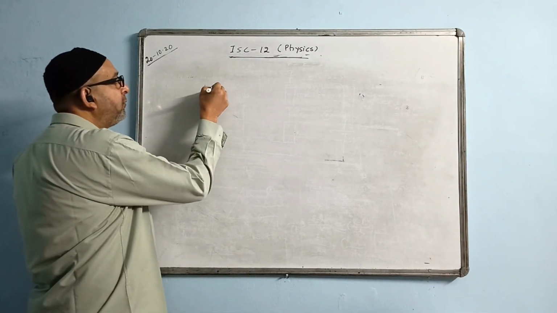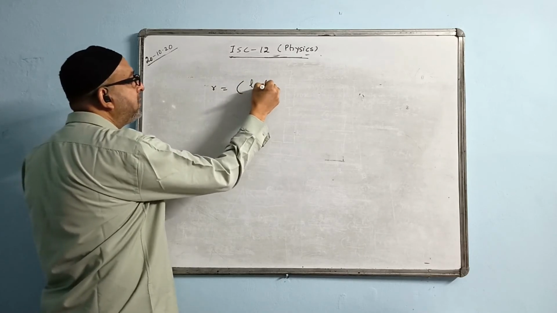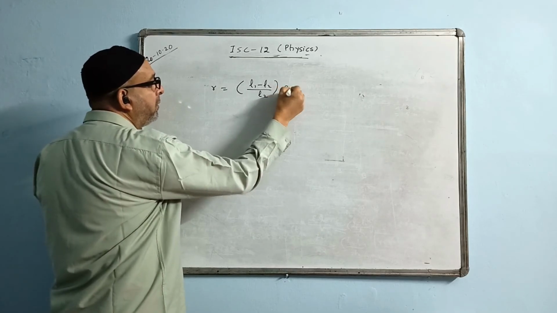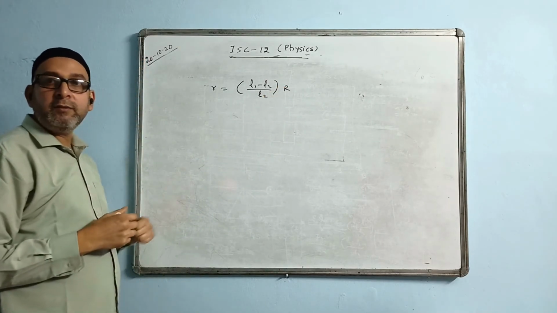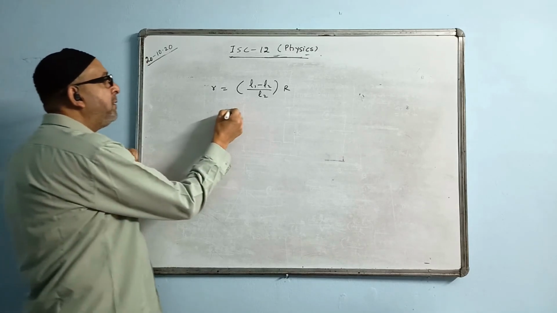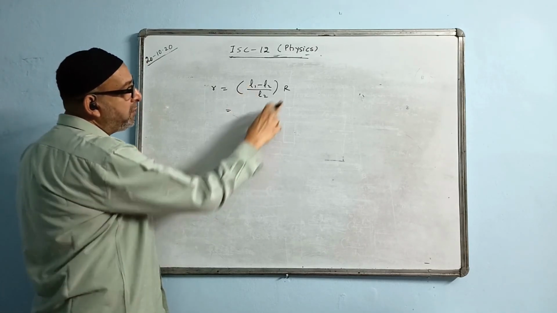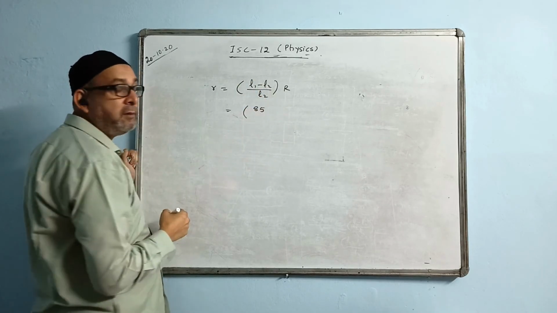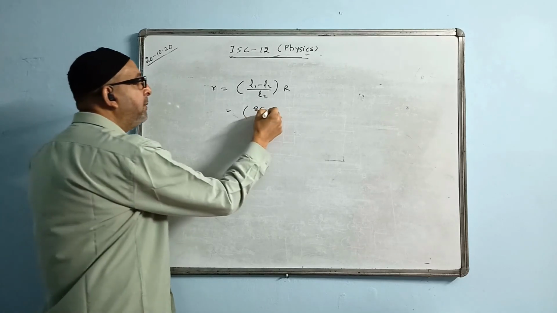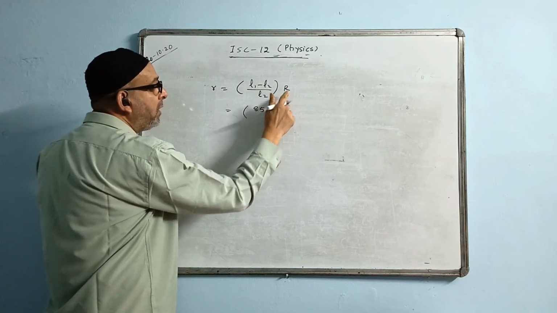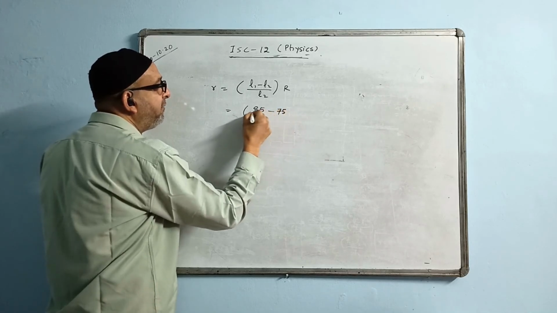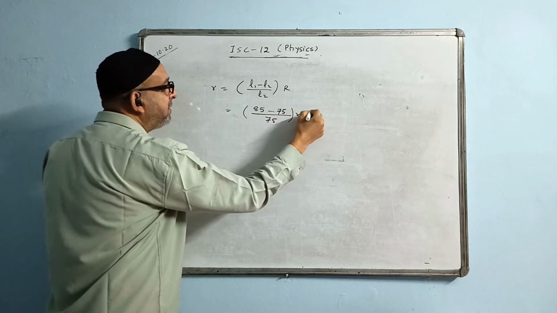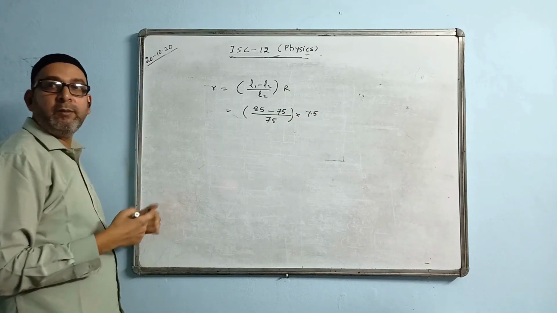There is a small r. What is the formula of small r? It is (L1 minus L2) by L2 into R. This is the formula we have. So we write down this formula. L1 is when we are not shunting, when we are not using R. So at that time the balancing length obtained was 85. Bigger length will always be L1 minus L2. L2 is when we are shunting through R, the balancing length was 75. This also is 75, and the value of this R is given 7.5. So it is direct formula based.